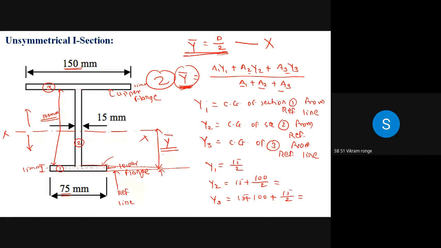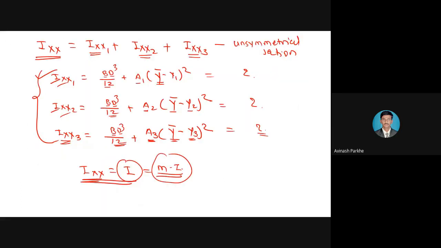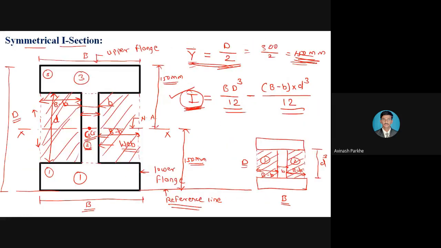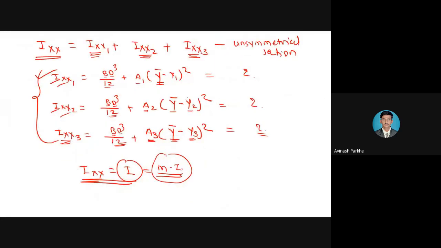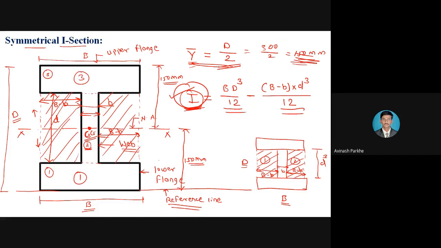Okay. For symmetrical I section also, if I will calculate Ixx is equal to Ixx1 plus Ixx2 plus Ixx3, हा जरी फॉर्म्युला वापरून तुम्ही सिमेट्रिकल आय सेक्शनला जरी मोमेंट ऑफ इनर्शिया काढला तरी पण तो सेम असणार आहे. फक्त सिमेट्रिकल आय सेक्शन मध्ये कॅल्क्युलेशन पार्ट अनसिमेट्रिकल साठी जास्त आहे, कारण तुम्हाला Ixx1 सेपरेट काढायचा, Ixx2 सेपरेट काढायचा आहे, Ixx3 सेपरेट काढायचा आहे आणि मग त्याचे ऍडिशन करून तुम्हाला टोटल आय फाइंड आउट करायचं आहे. बट इन केस ऑफ ए सिमेट्रिकल सेक्शन द डायरेक्ट फॉर्म्युला इज अवेलेबल.